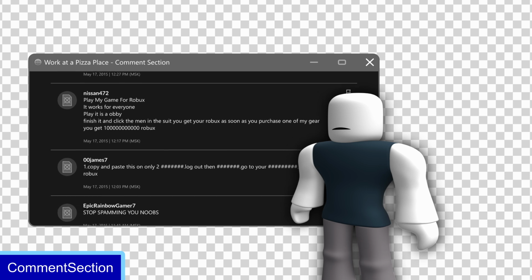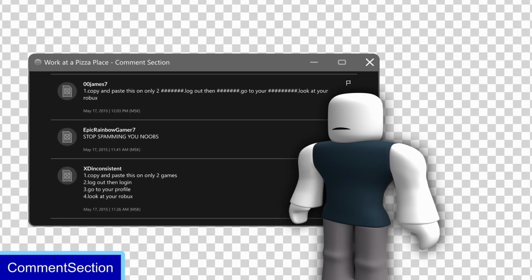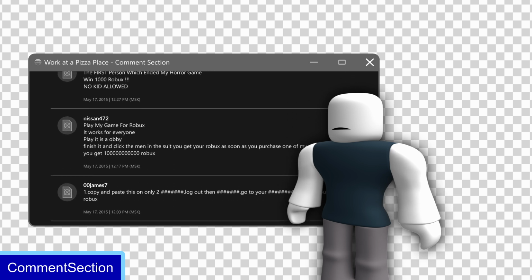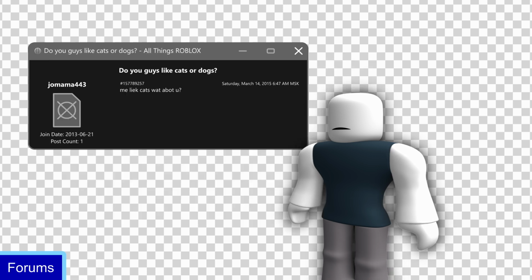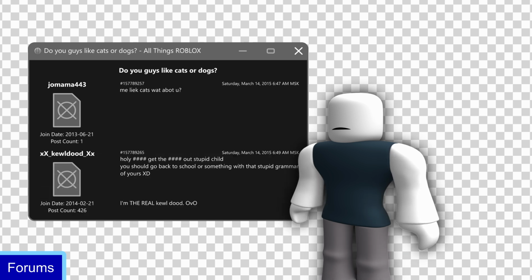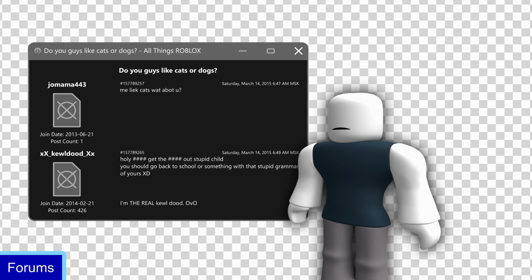And to drive this home, I decided to provide fake examples of what comments under Roblox games were like in my experience of being on this platform when this was still a thing. I also provided an example of the kind of things people were posting on forums by showing a fake post saying that people could post whatever the hell they wanted, sometimes literally implying that there was an instance where someone posted something illegal on forums.